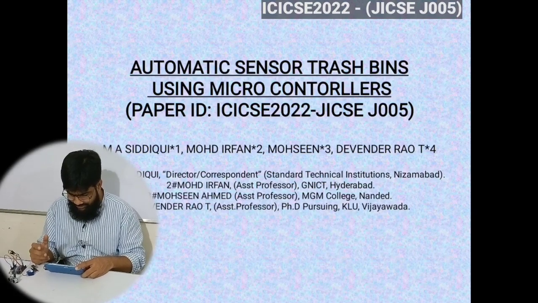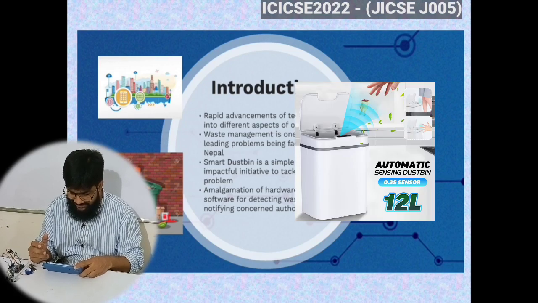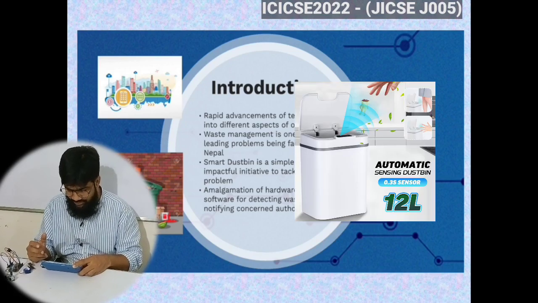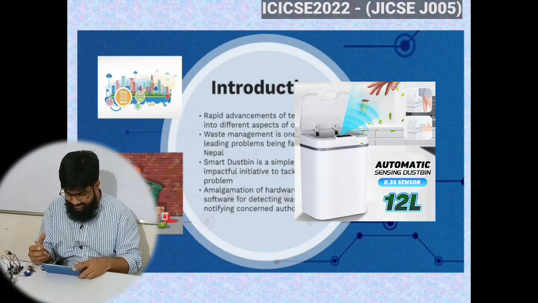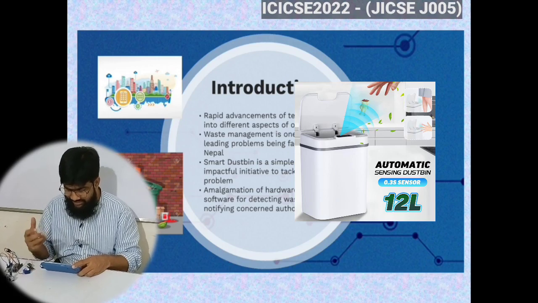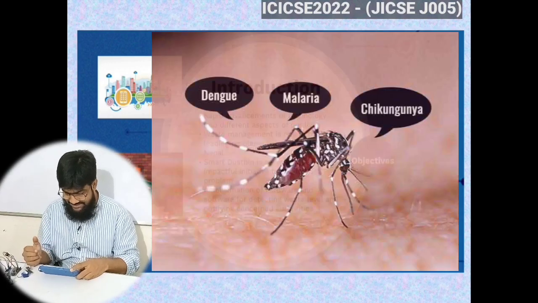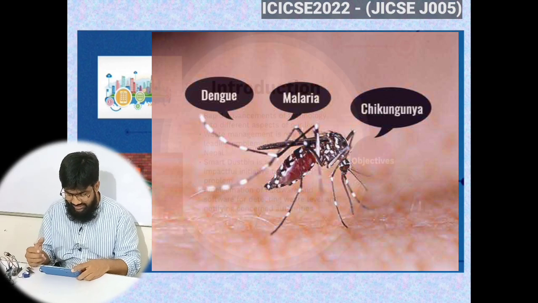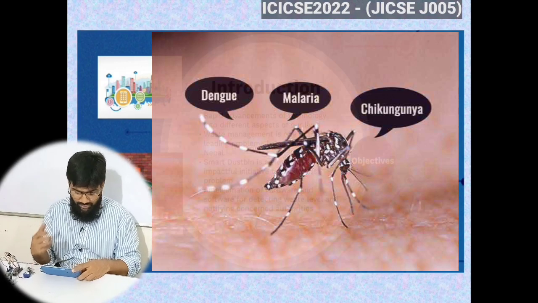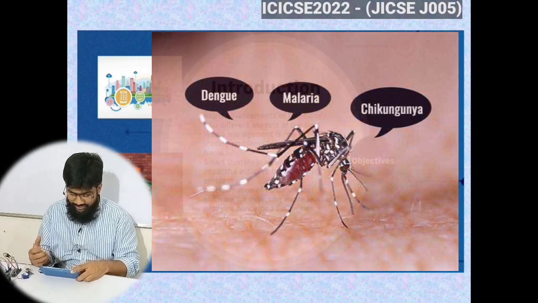So, our basic motto related to this research work is to make an automatic trash bin or dustbin, because we all know waste management is an important issue which has to be dealt with in the present scenario, as all the diseases related to wastes, such as malaria and dengue, which are mosquito related, and many other diseases are directly related to the waste which we dump onto the road, or even if there are bins, people are still not throwing waste in the bins because it's not automated.